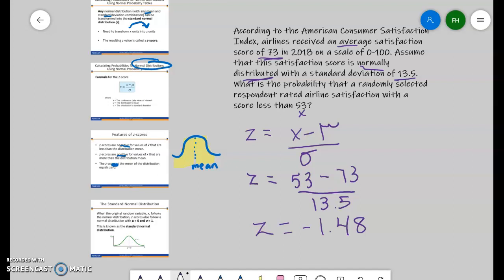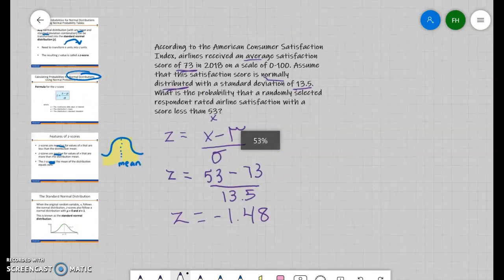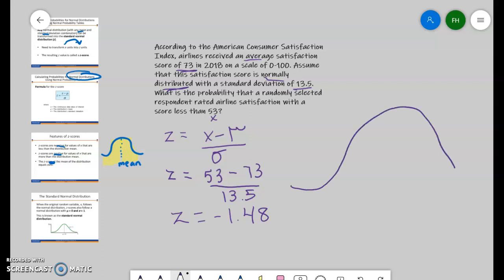Now let's look at what we have done with our information. So we started off with this bell-shaped curve because they told us it was normally distributed, and they told us our mean was 73, and then they told us our x was 53, so it would be somewhere over here. We'll just say, we know it's to the left because it's smaller. So what we did was, we're starting this problem, and to find probability you do have to change it into a z-score. But now we converted it into a